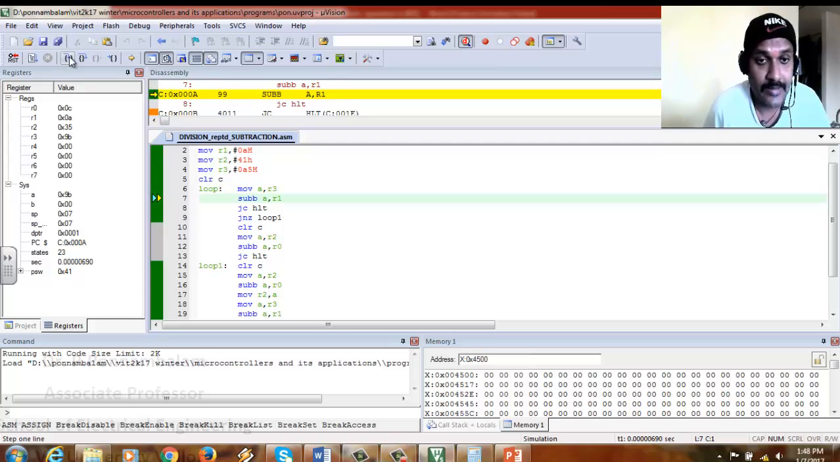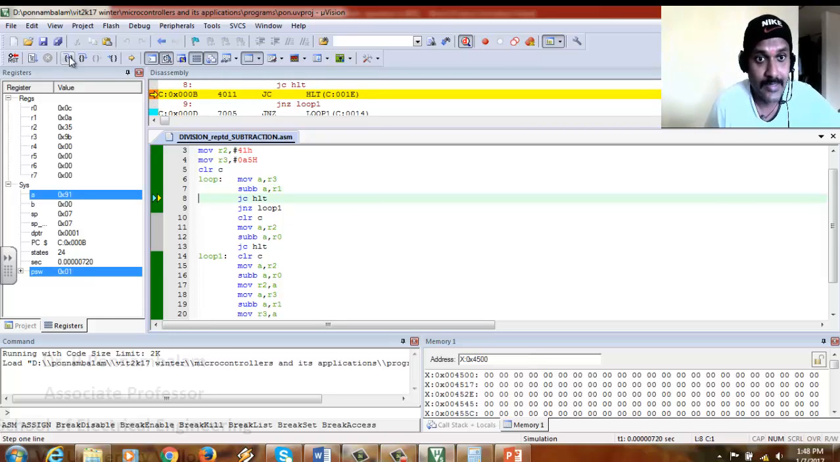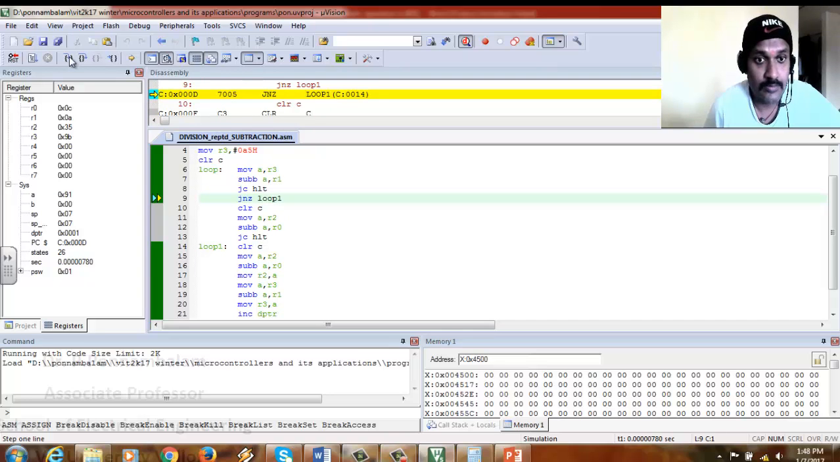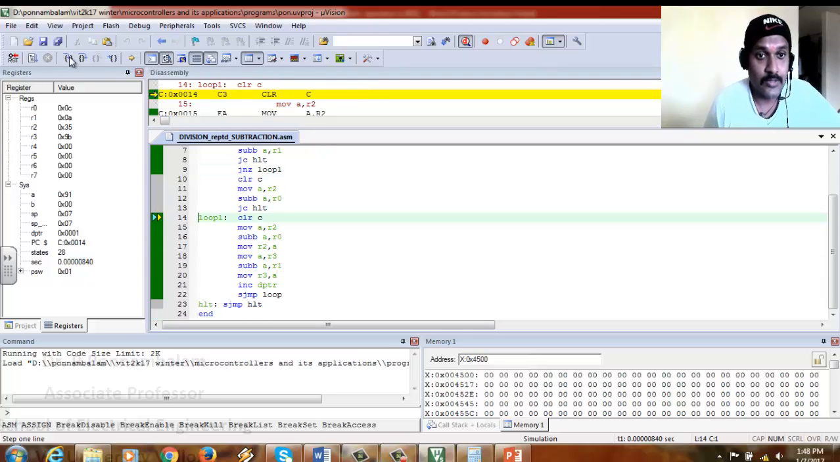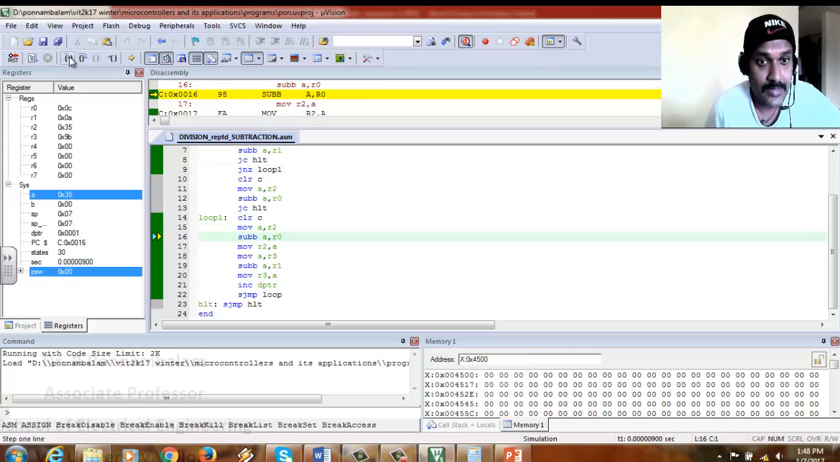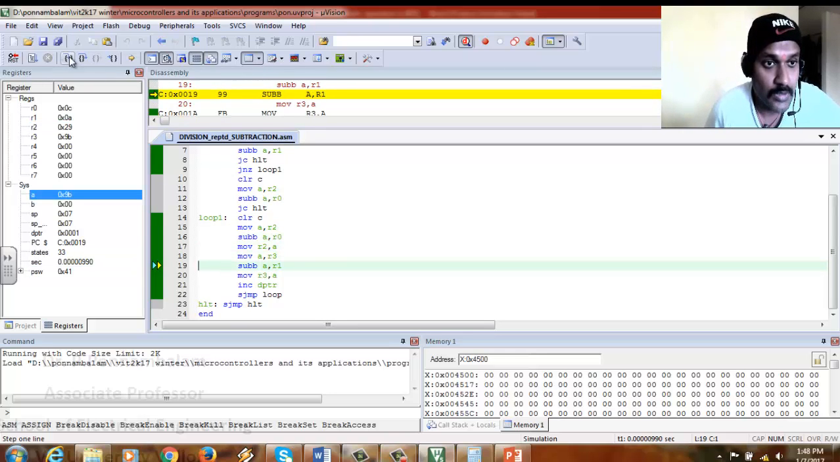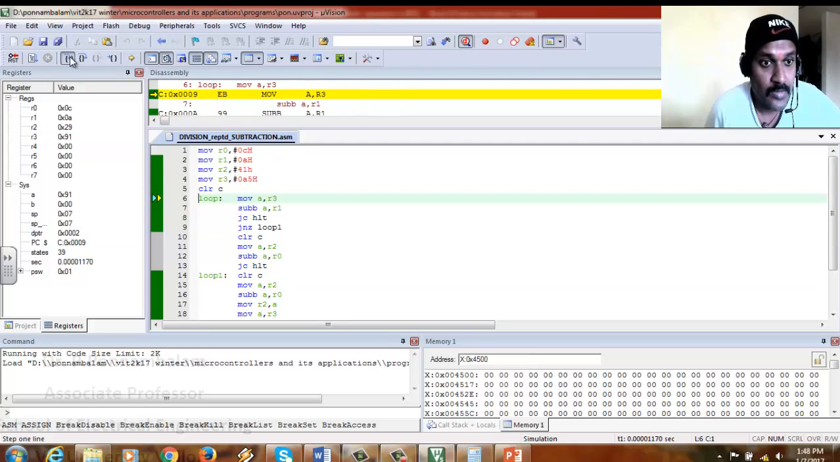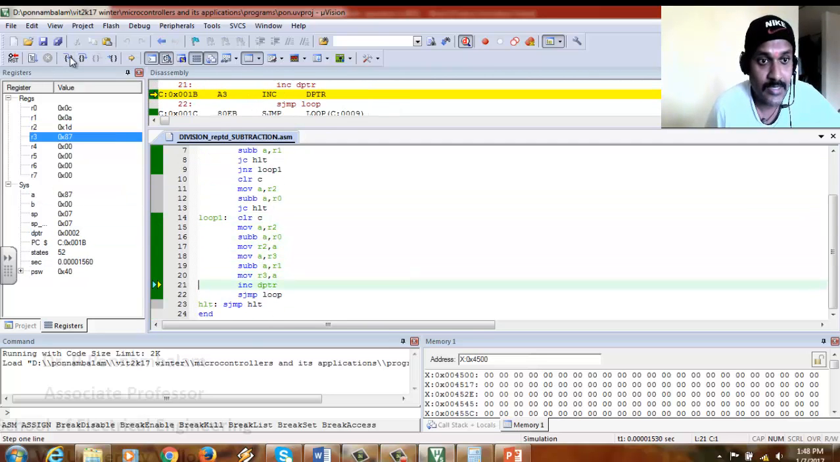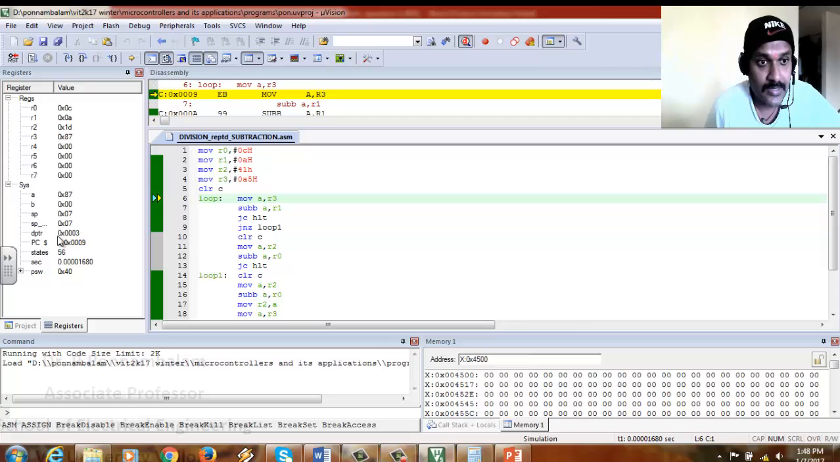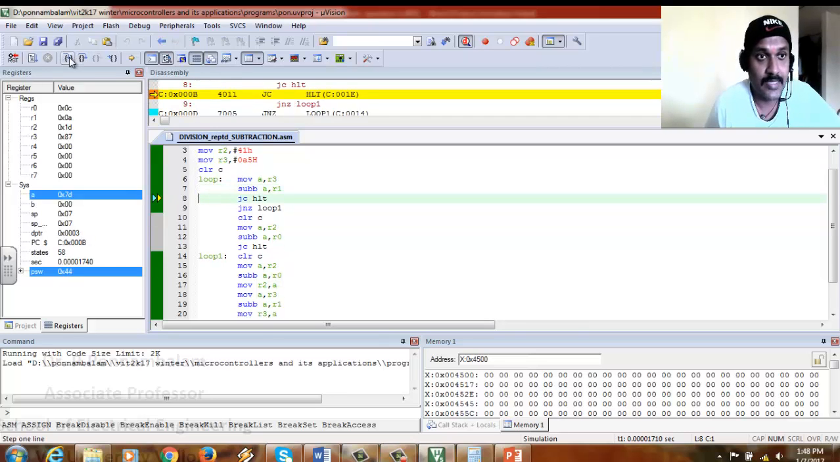So A and the R3 content are moved. Each and every time R3 and R2 will be updated, and there is no carry and no zero, so it comes over here again. The same subtraction process goes on. You can see each and every time when the subtraction is over, this DPTR is getting incremented. Now it has become 3,